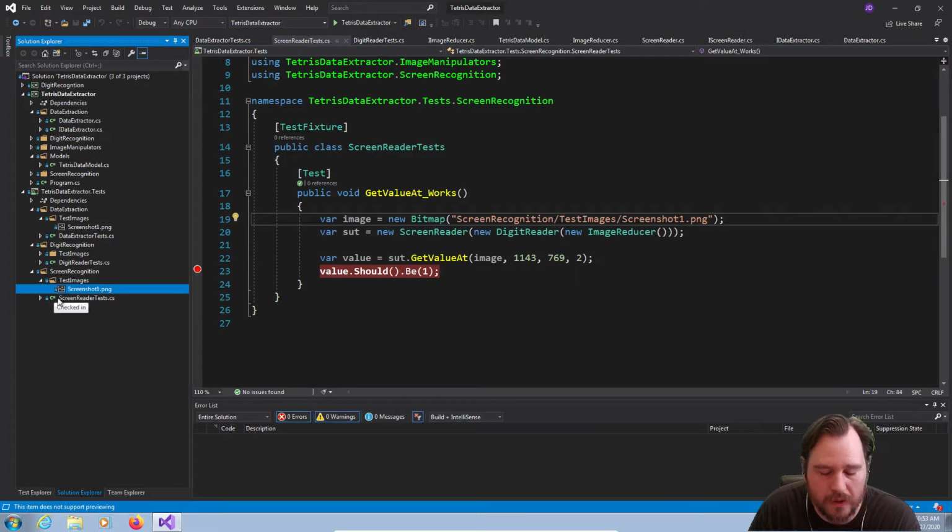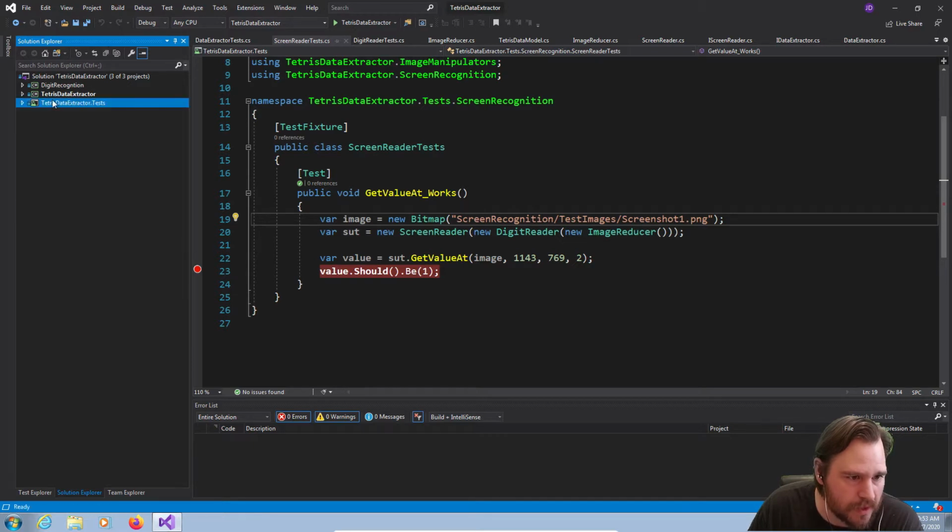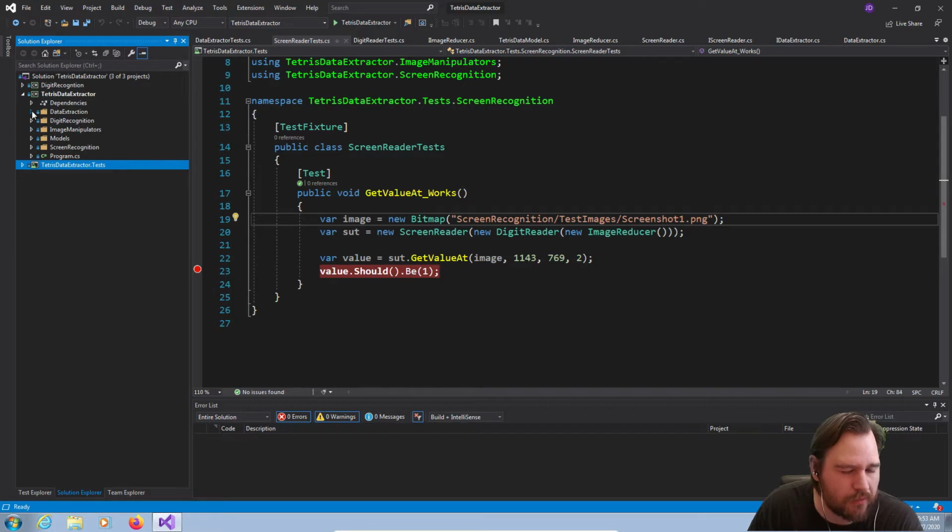So now we are going to have to figure out how we can make our algorithm not resolution dependent. Excuse me. So let's collapse all of this and go into our various algorithms. So digit recognition,